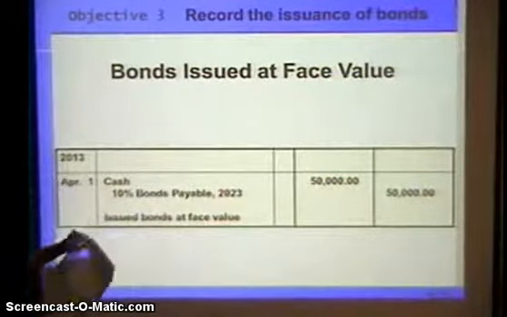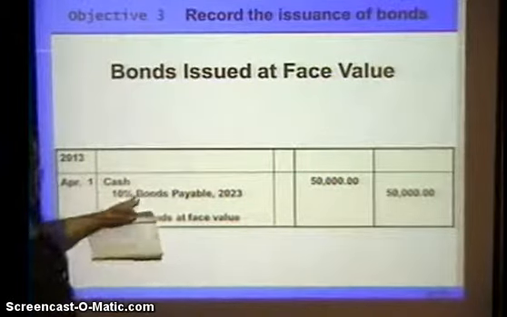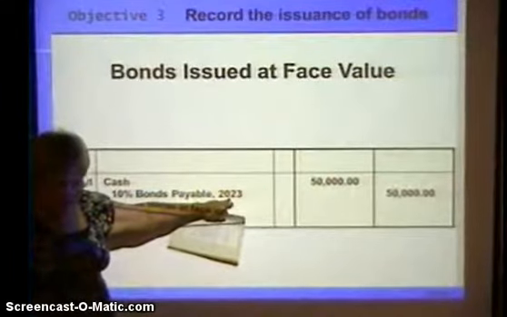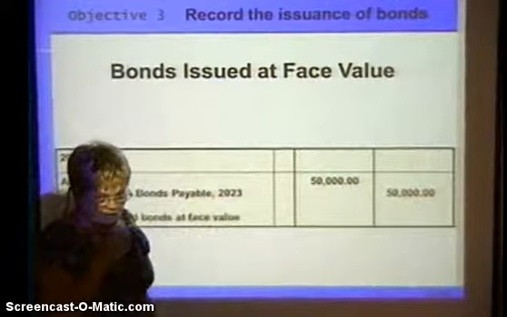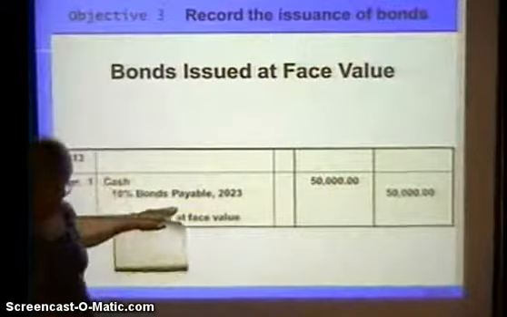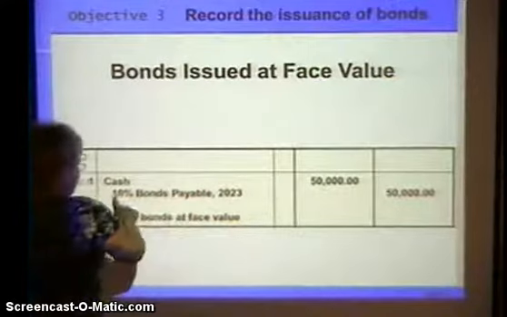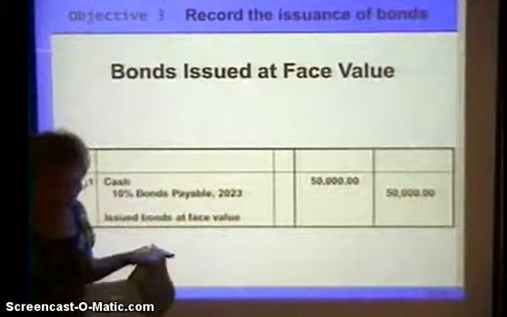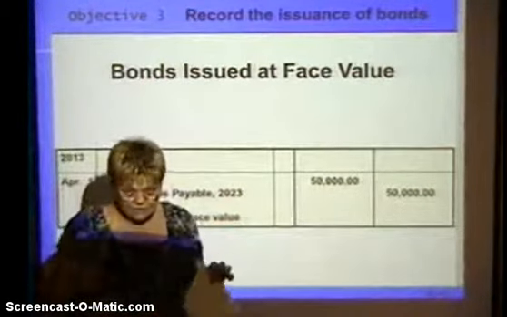bonds, you just show it, cash. We got $50,000 cash. The bonds are the 10% bonds payable in 2023. That's the description. That's where you put it. That's what we had to pay. It's like a note payable. We got the cash. We got to pay the note, right? So all this is a different wording describing what we got to pay. That's what it is. So it's just a note payable, sort of.